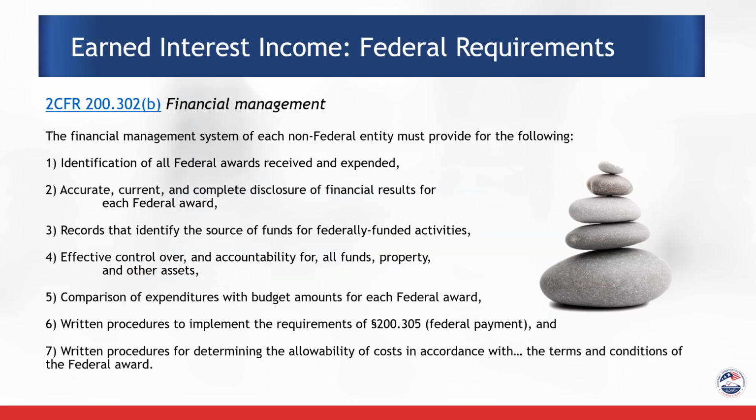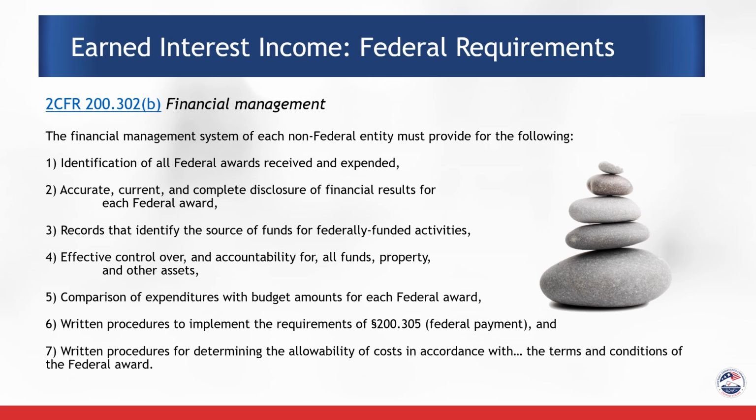What are the federal requirements? As mentioned, the uniform guidance stipulates a lot of financial management regulation and rules, and they identify that when you're looking at any sort of income or expenditures, you need to have systems that identify all federal awards, that ensure that amounts are accurate, current, and complete for all of your financial disclosures of the federal award, that you're able to record and identify the source of funds for all your federally funded activities, that you do have control over and you're able to account for all your federal funds, property, and assets,